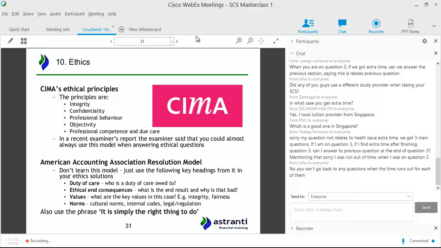And it's important that you always look at areas in which you can apply the CIMA ethical principles, because of course CIMA appreciate when you use their ethical model, they stand by their ethical model, they act very ethically themselves and expect you to act very ethically. And so a key thing would be to look at the CIMA ethical principles. So of course, integrity,